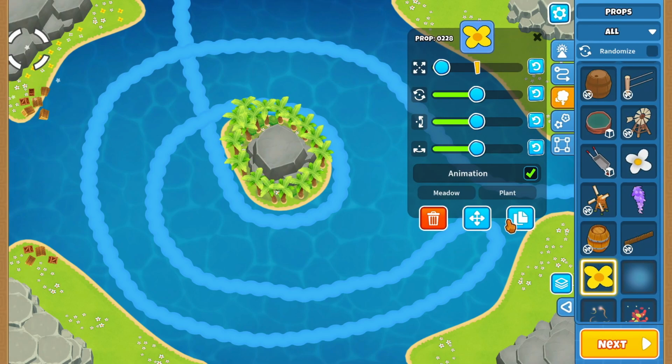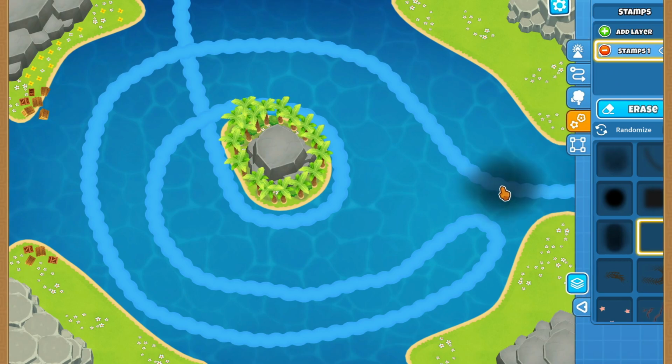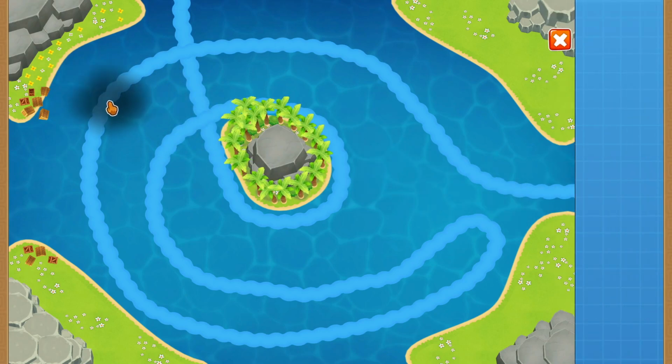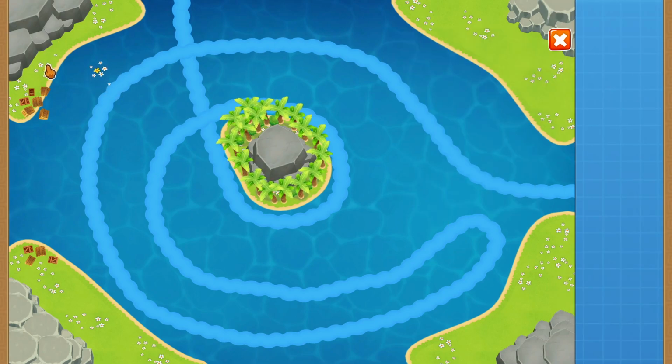But the only issue with these flowers is it's going to come in once we start to add shade. So let me go ahead and add some shade to the rocks really quick to see if it's going to make a big difference. Unfortunately, I can't use these, because it's going to interfere with the shade feature. So I'm going to have to delete all of these flowers because they just won't work. So I guess we're just going to have to stick with the flowers that come with the stamps section,